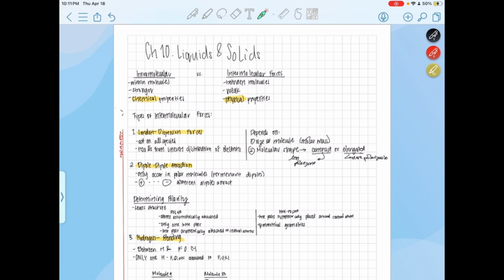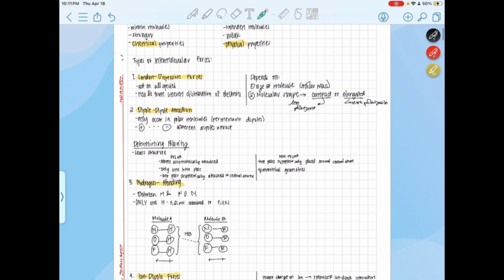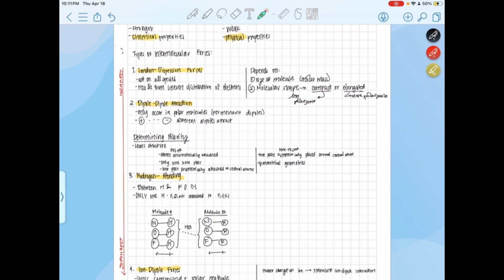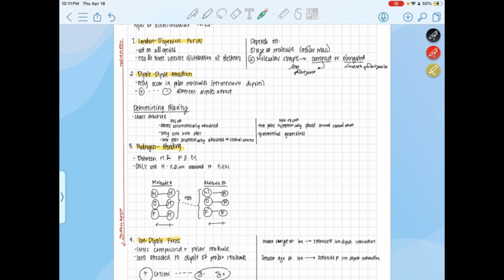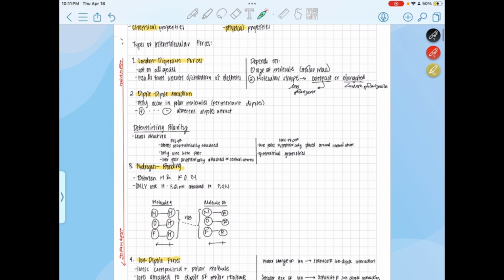Intermolecular forces are between one molecule and another molecule. They are weak, and they determine physical properties. We'll cover these physical properties later. Some types of intermolecular forces include London dispersion forces, dipole-dipole attraction, hydrogen bonding, and ion dipole forces. As you can see, ion dipole forces are the strongest, hydrogen bonding is the second strongest, and London dispersion forces